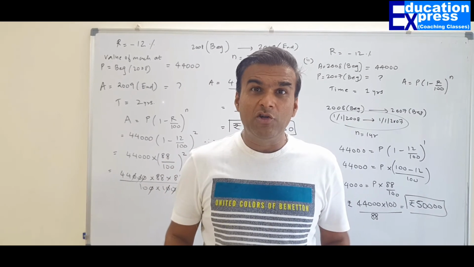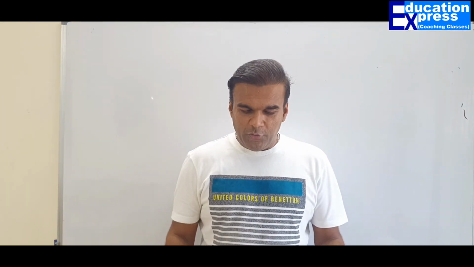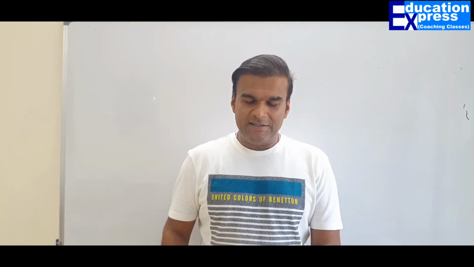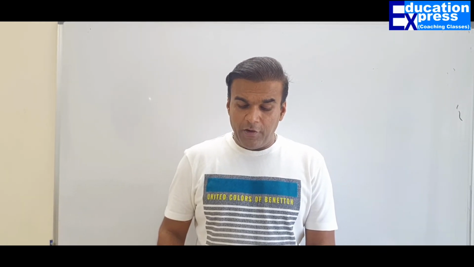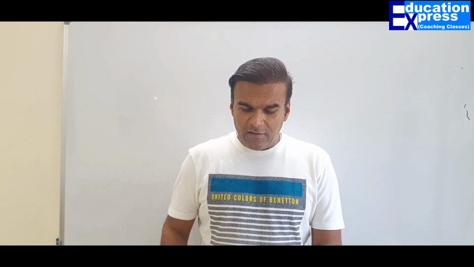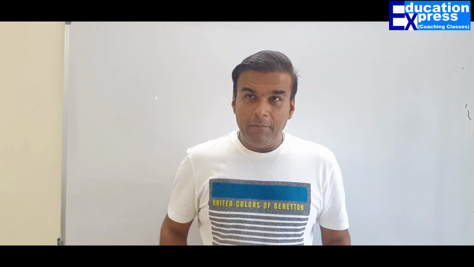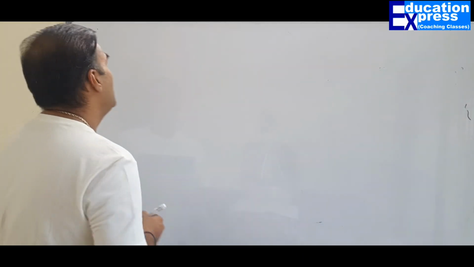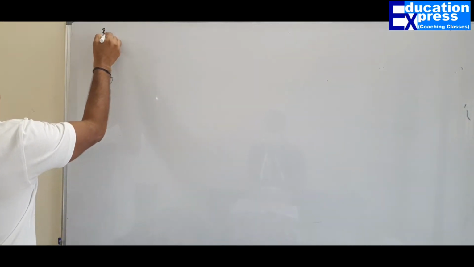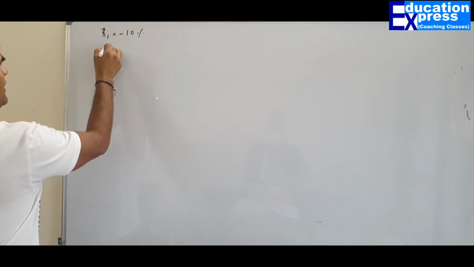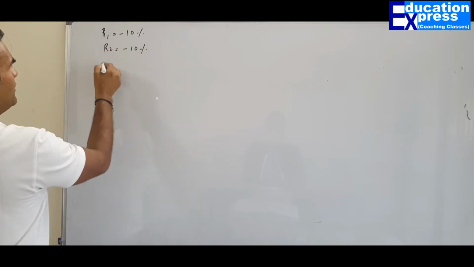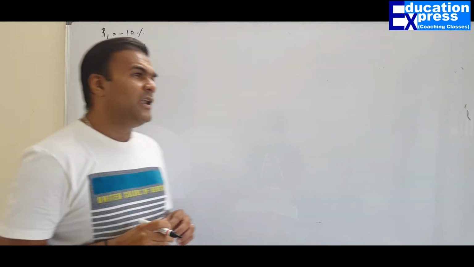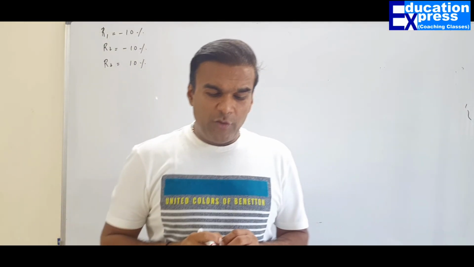Let's move on to question number 2. Question number 2, here we go. The value of an article decreased for 2 years at the rate of 10% per year, and then in the third year it increased by 10%. So basically for the first 2 years the article kept on reducing. First year negative 10%, second year negative 10%, third year positive 10%. So this is the history of the article with respect to the fluctuation in the price.